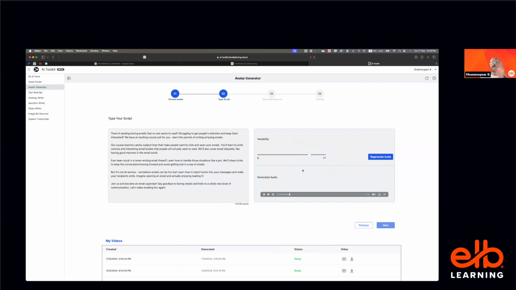So the way it reads changes a little bit, but let me regenerate the audio. "Tired of sending boring emails that no one wants to read? Struggling to get people's attention and keep them interested? We have an exciting course just for you. Learn the secrets of writing a..." So once the audio is generated, you can go to the next